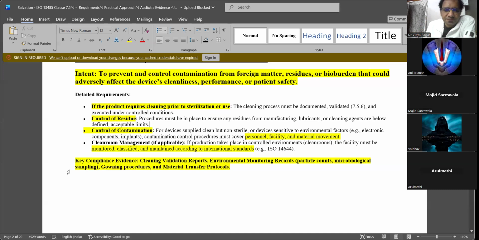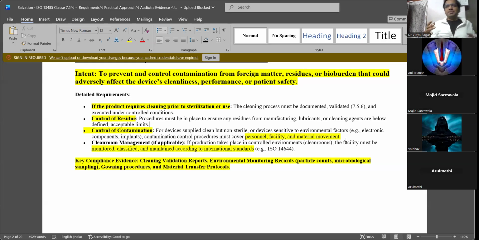So you need to ensure you are not exposing them, and you should have contamination control procedures for personnel, facility and material movement. Actually, the most important contamination happens in two ways. One is movement of employees in and out of the clean rooms, because humans shed a lot of debris from their skin, scalp or hair.